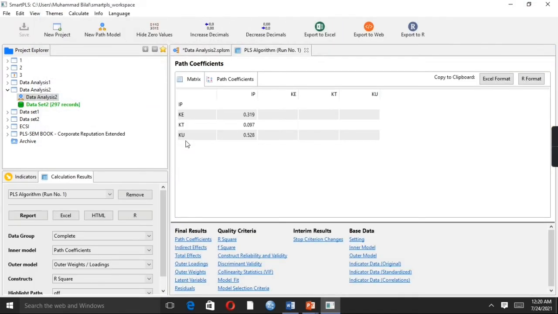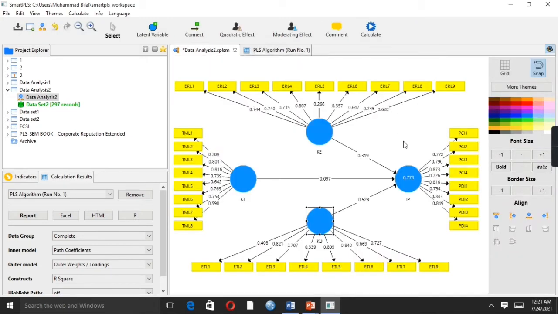Now another window has been opened, named path coefficient, basically the result of our model. First of all, we see different values related to the different items. These values are pertinent to each and every single item of a variable.